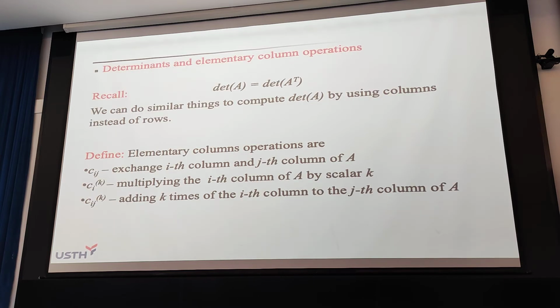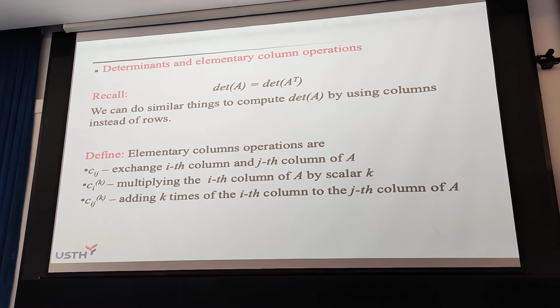And then, because by definition of determinant, we have formula A and formula B. And that says that the determinant of A equals the determinant of A transpose. It means that anything we do for rows in computing the determinant of A, we can do similar things